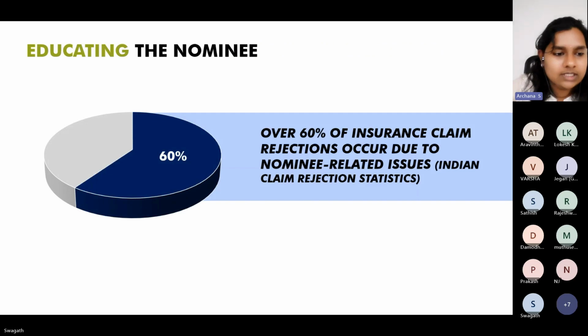So the second one is educating the nominee. You can see that according to Indian claim rejection statistics, over 60% of insurance claim rejections occur due to nominee related issues, which means that